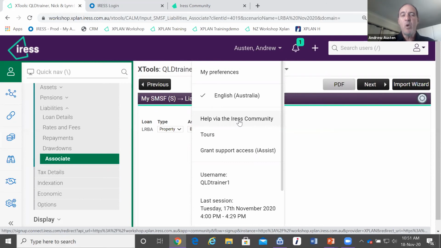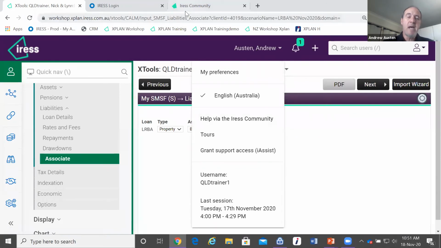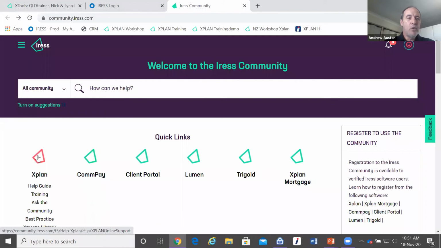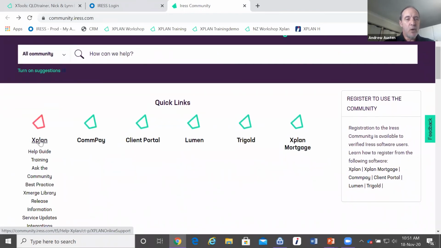A lot of people will post best practices, ask "How do I do this?" and ask for instructions. So when you log into the community, this is probably the easiest way to navigate. On your first landing screen, you've got Xplan. As I said, a lot of people look for best practice. But if you go and select Training